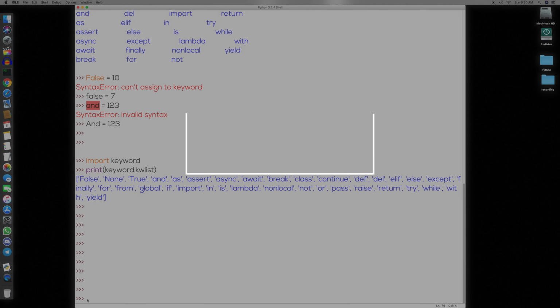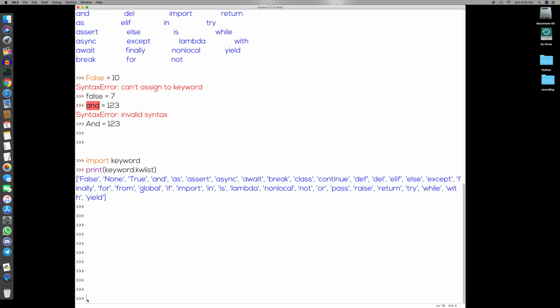The first thing you should remember is that Python is a case sensitive language if you are using it for identifiers or keywords. If you are defining any variables, as I have already shown with small letters and capital letters, in the Python world these are treated differently. So these are two different variables. So Python is a case sensitive language.